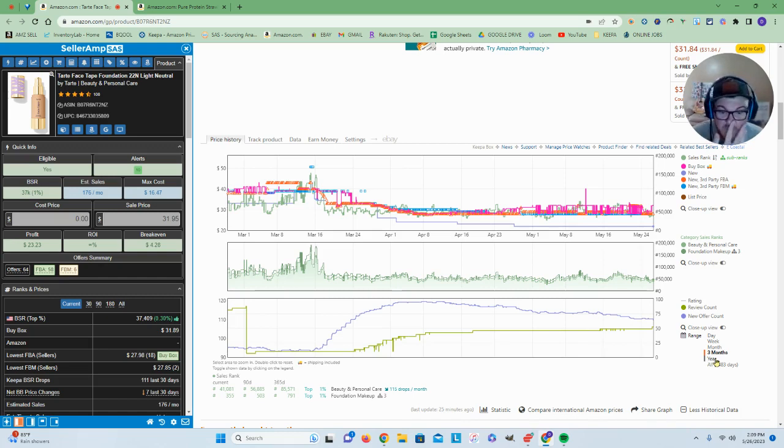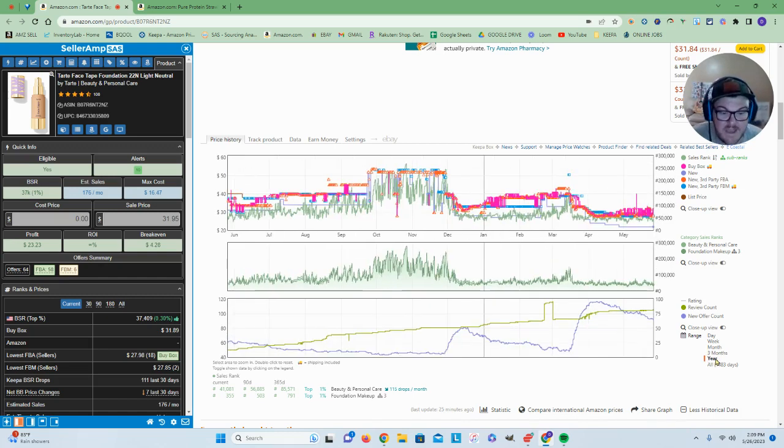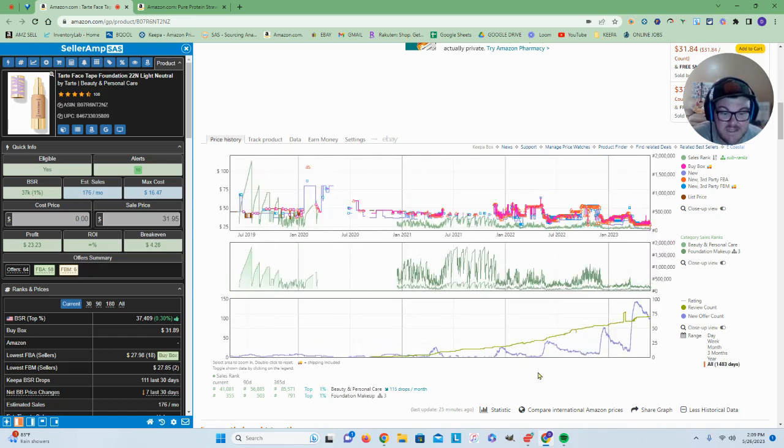And I like to look back in time over a Keepa chart, and you can see this product had a really big spike in seller counts here too as well. So this could be a sale that happens more than once a year. Looks like they have maybe a Christmas sale right here, looking at our time frame right around December, and then maybe a spring sale. And we can come back even further and see that over the past couple of years,